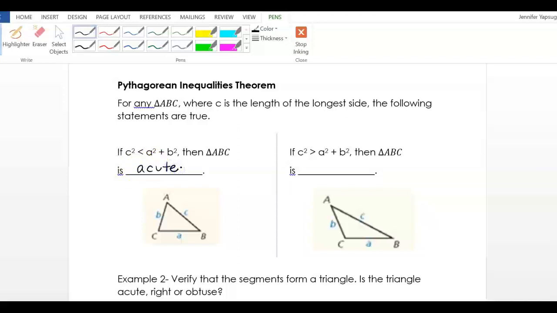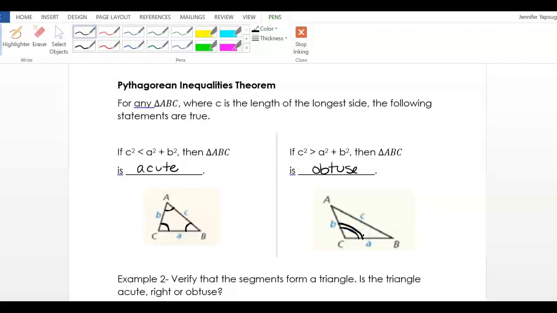And then obviously, if C squared is larger than the sum of A squared plus B squared, then the triangle ABC is considered to be obtuse. So if you want to mark those angles, you can see that all of the angles in this triangle happen to be less than 90, so these are all acute angles. And then over here, we've got one obtuse angle, right? So that's where this obtuse